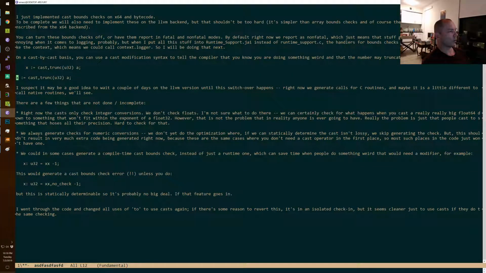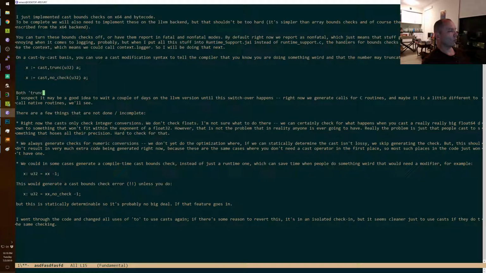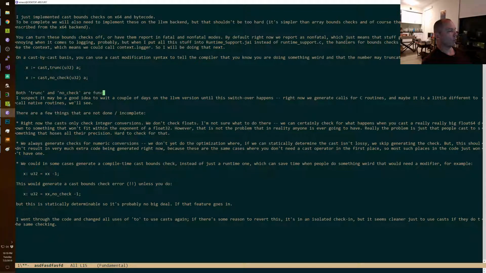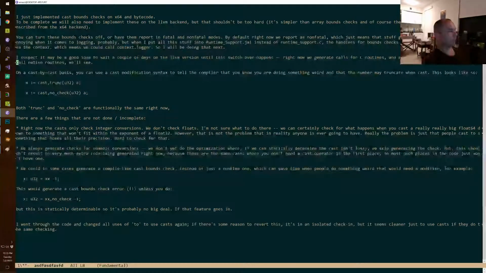Or cast no check. Both trunc and no check are functionally the same right now. The difference is just in documenting intent.